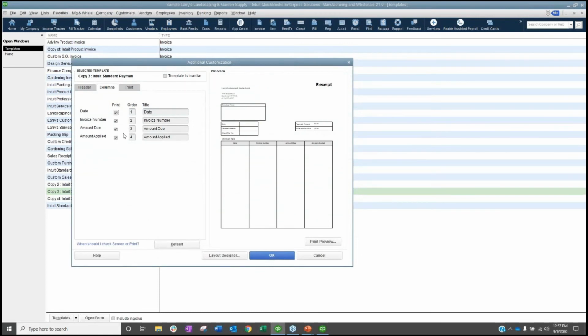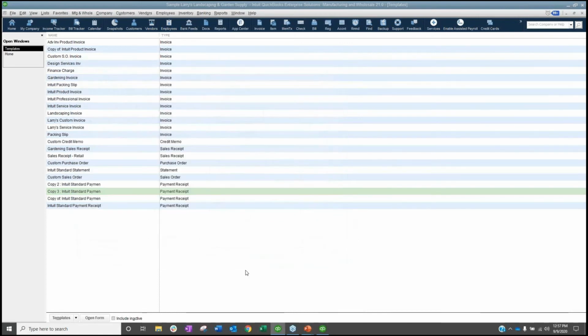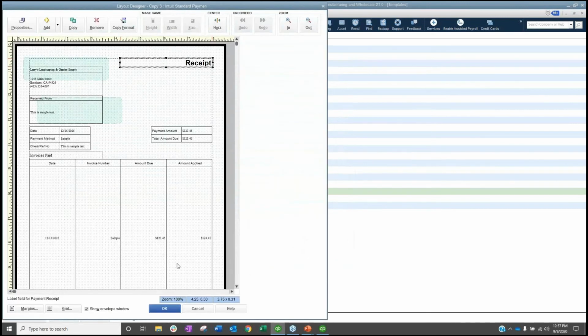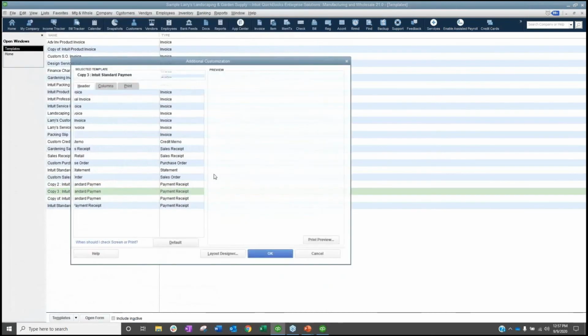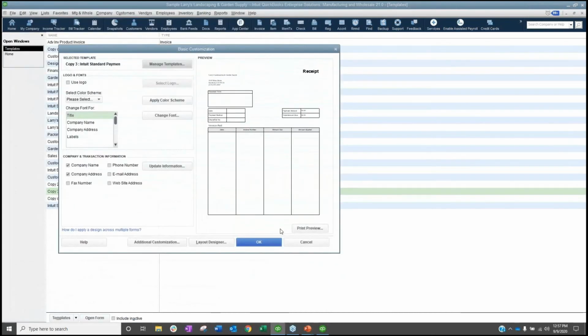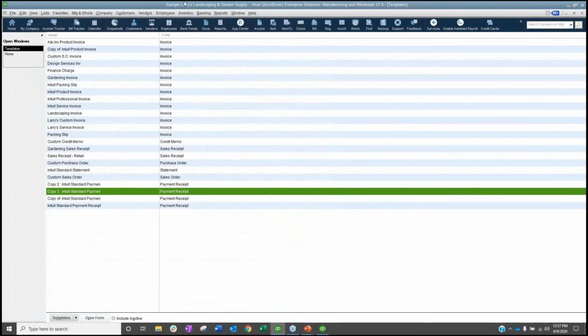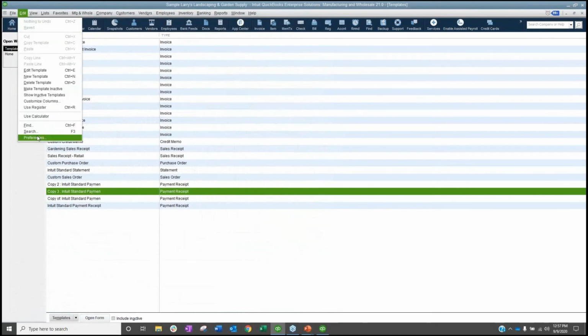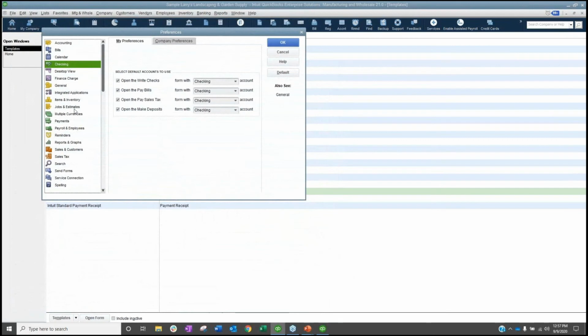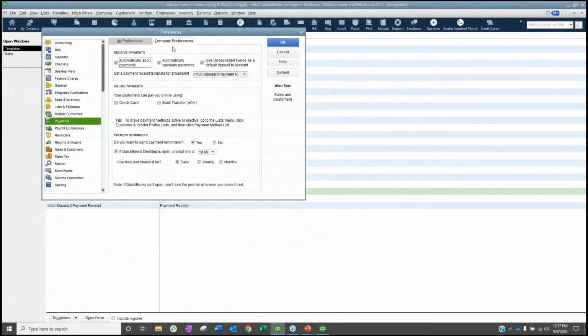And then we can dive into the layout designer to get more specific with what we want to narrow down. So I'm not going to go into how to do templates. I'm sure a lot of you guys know how to edit your templates. But you can now have a template for payment receipts. So in your preferences under payments and company preferences, there is an area to select your default payment receipt that you want to use once you set your template up.